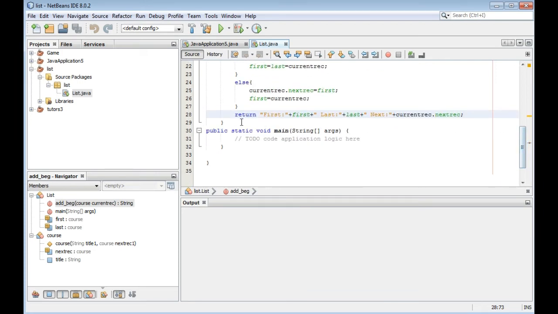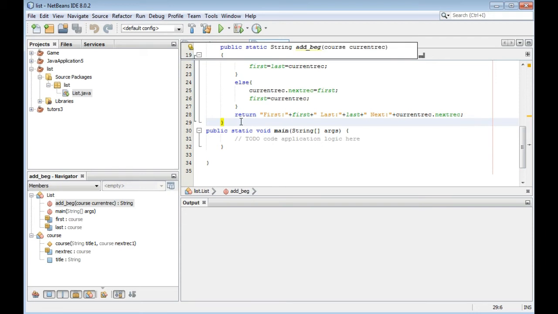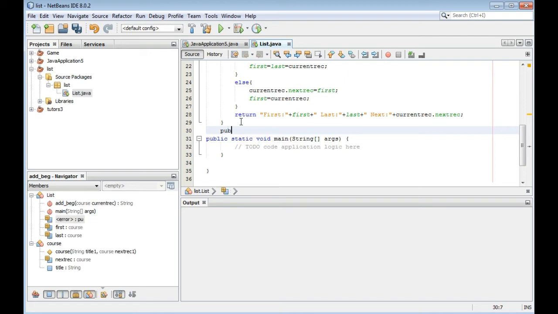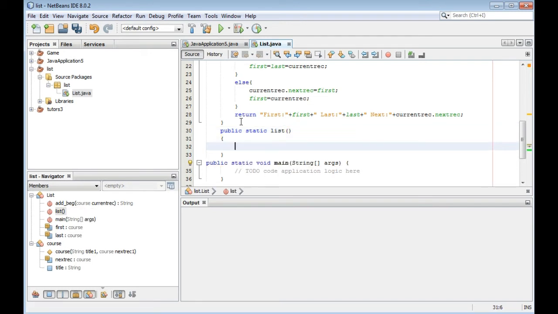Now how to display the records. Public static void display.